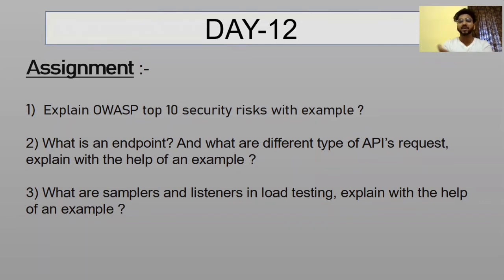The different types of API requests are the GET request, through which we can fetch or get particular data. For example, if there is a URL or endpoint, say API slash product slash one, it means we are getting the data from the product list with the rank of one. Next, our API request is the PUT request, where we can update the particular data. Then the POST request, which means we will be posting or creating particular data.